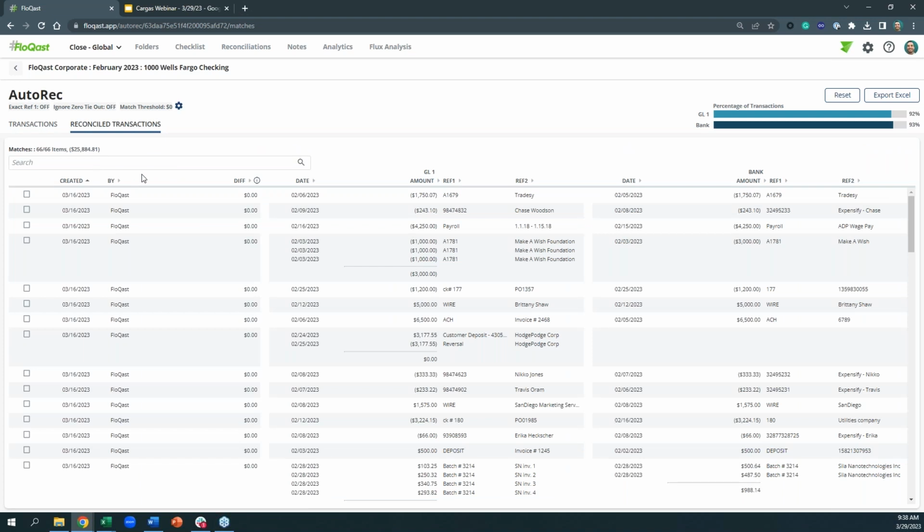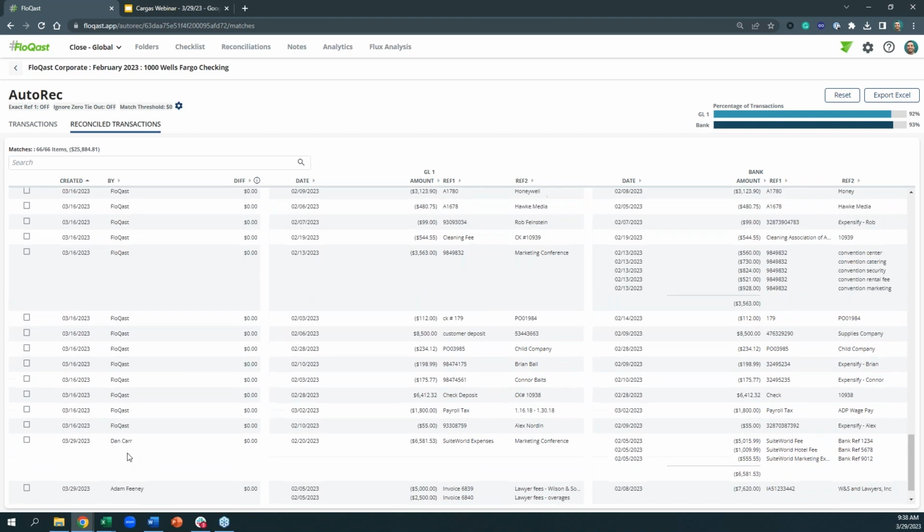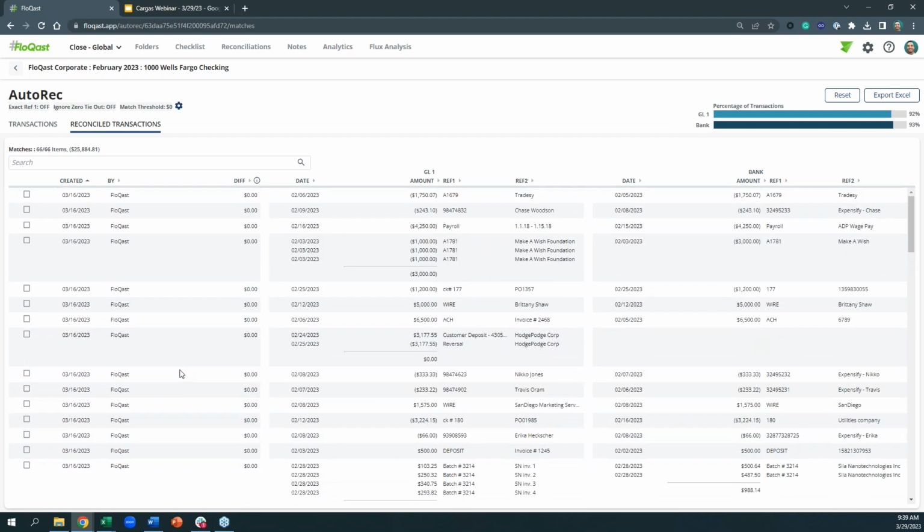And this is where you can see the full audit trail and whether the match was made by machine, so FloQast, or by human down here. And then at the end, when you are complete for the month, you can run this matching on a weekly basis. You can run this matching on a daily basis, depending on how your organization needs things to be cleared out. But at the end of the month, you can actually export the Excel, and we're going to give you